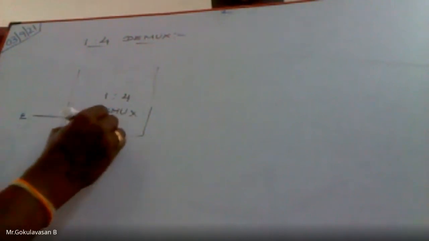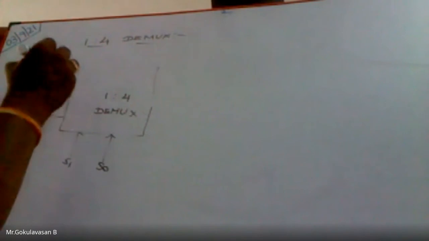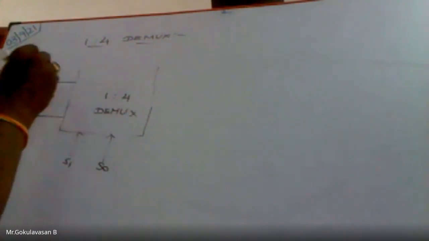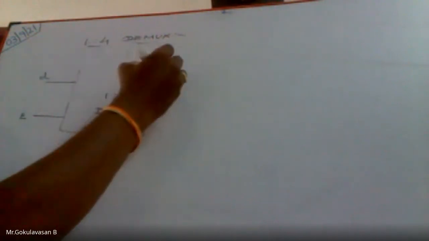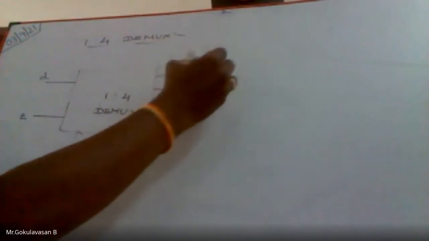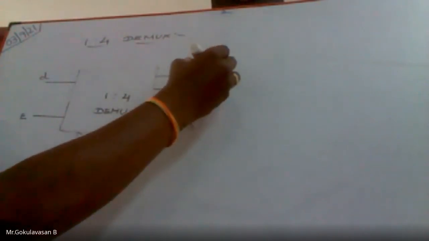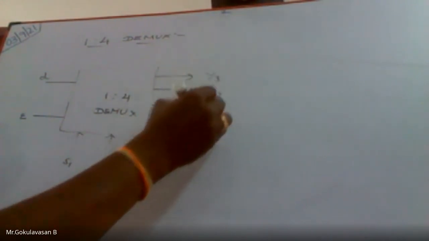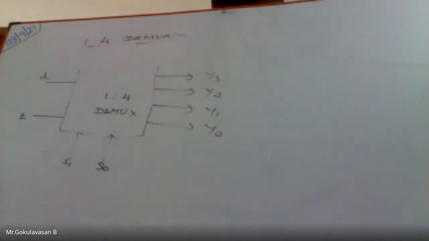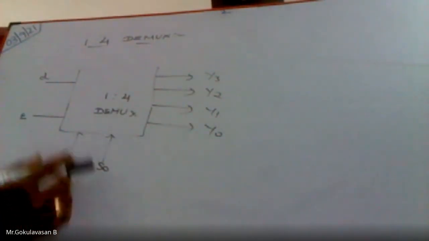எத்தனை select inputs இருக்கும்? ரெண்டு இருக்கும். ஒரே ஒரு input தான் இருக்கும், we call it as D, and we are having 1:4, so we will be having 4 outputs, we call it as y3 y2 y1 y0. y0 ங்கிறது LSB, y3 ங்கிறது MSB ன்னு எடுத்துக்கோங்க. இப்போ according to the select inputs this data